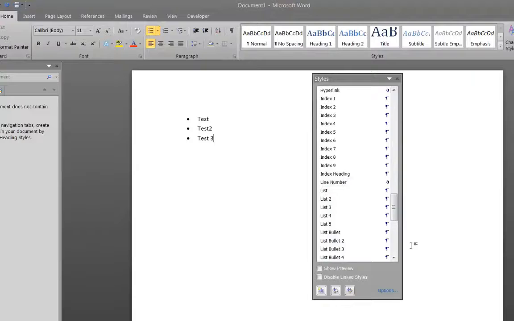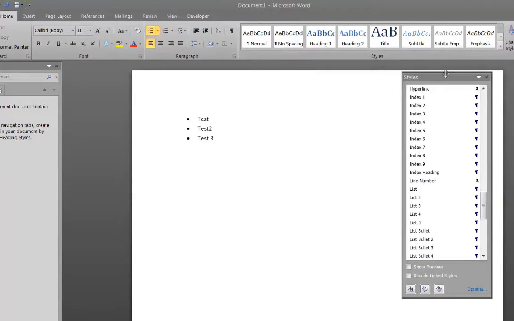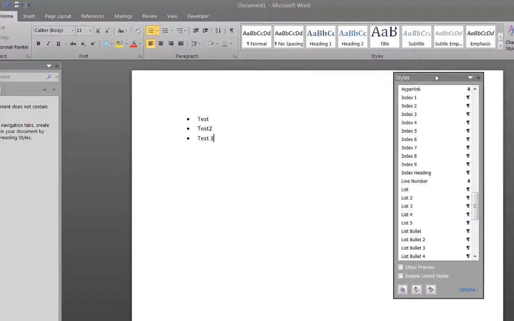I'm not going to delve into that too much because that's a whole other hour right there that we can talk about a little bit more. If you do want to talk more about that offline, you can certainly contact me, and I can give you some extra pointers or some extra info about that. Just to give you an idea, though, some documents can get pretty complicated rather quickly, but using these list styles sometimes can help you if you've got something that's maybe 30, 40, 50 pages long, even more,